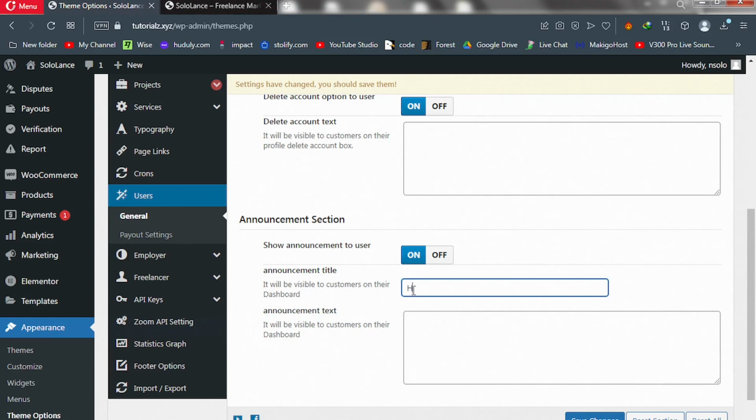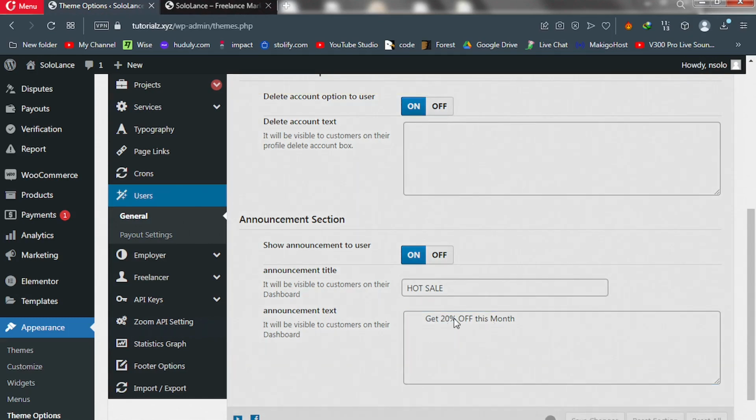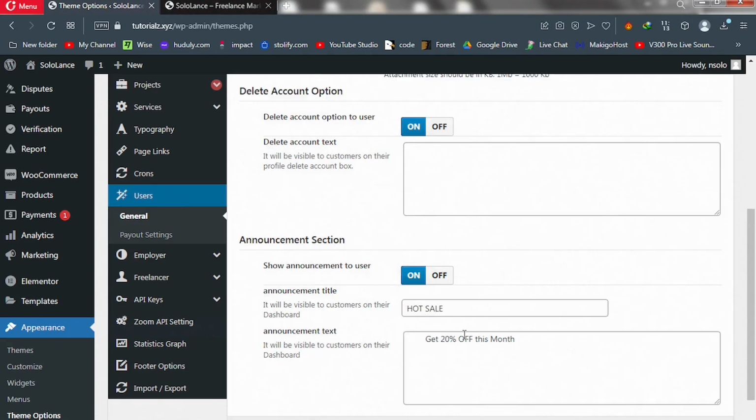So something like this, maybe you have a promotion, so let's say hot sale, and that you put get 20% off. So this gets announcement. I hope it's clear. 20% off this, but then save. When they go to your dashboard, they're going to see this notice there, and then you have to add your coupon code there. All right,